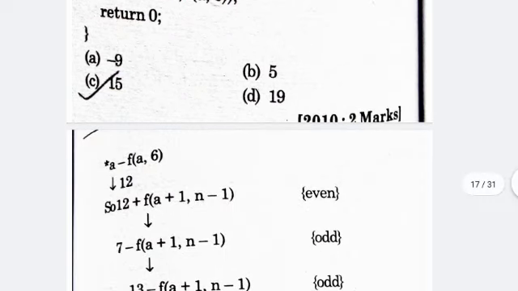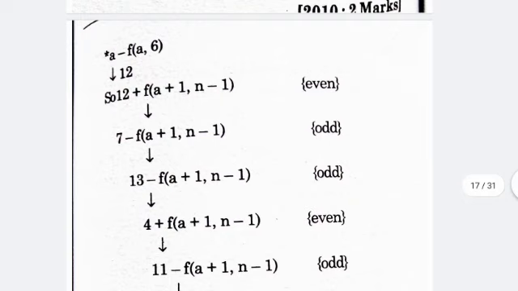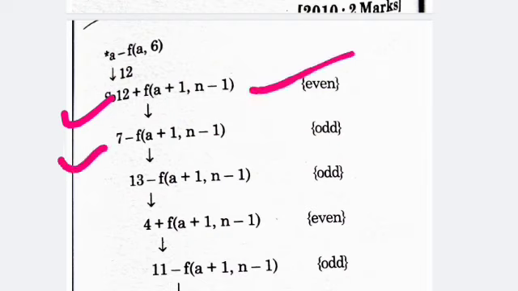Now come to the solution of this program. On the basis of the given function pointer a minus f(a, 6), it is written as 12. So 12 plus f(a plus 1, n minus 1) is even. Now after solving, we get 7 minus f(a plus 1, n minus 1), which is odd.